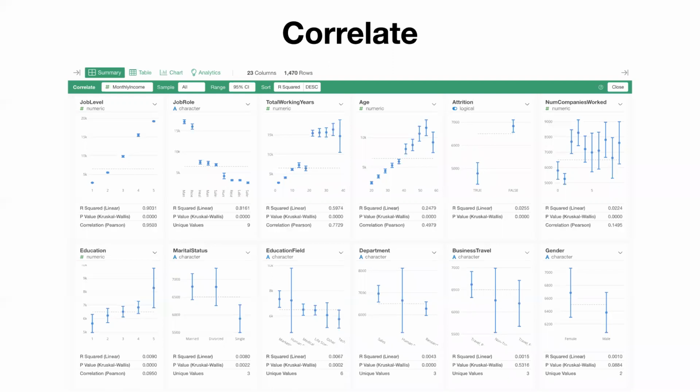So the visual helps you find or understand the relationship between two variables, any given variable, any pair of variables. And also,